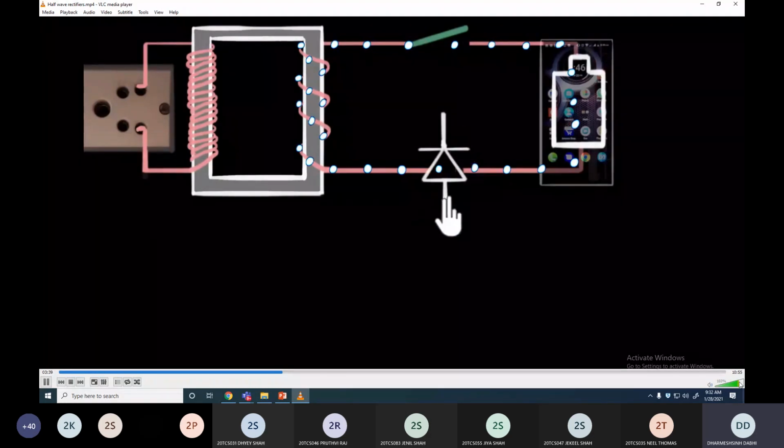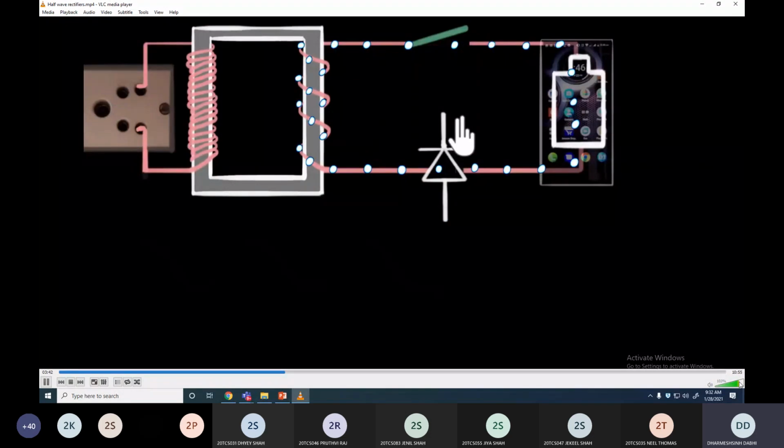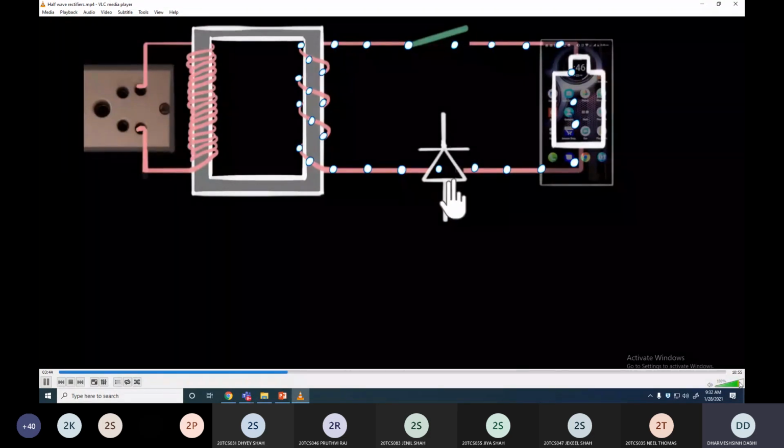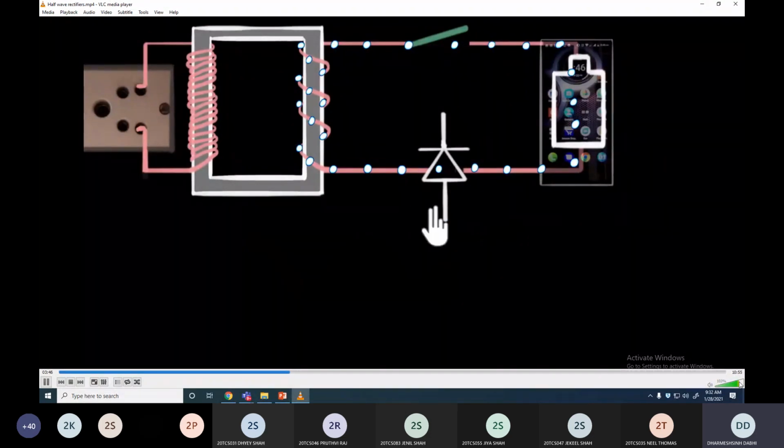It is something that only allows the flow of charges in one direction, but blocks the flow in the opposite direction. And we may not be very familiar with this circuit symbol. Sometimes people get confused about which side is P and which side is N. Well, remember this is the P side and this is the N side. But guess what? The circuit symbol is so great, you don't really have to think about which is P and which is N. An electronic engineer doesn't even care which is P and which is N.